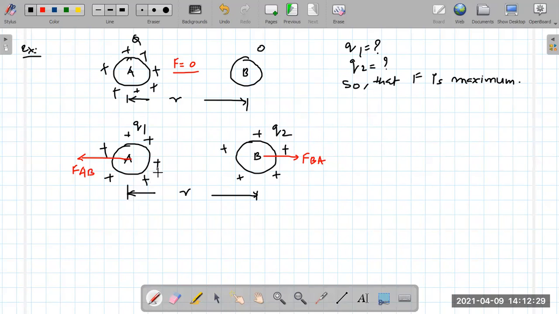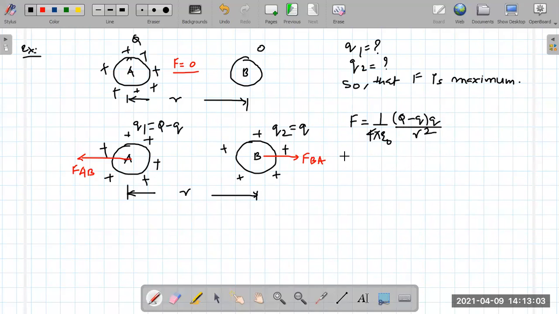Yes. So here, let me assume I'm giving the sphere some charge q. Because the charge is conserved, what will be left is Q minus q. Now what do you know about the force? Force is equal to 1 by 4 pi epsilon naught, q1 q2, that is (Q minus q) into q, divided by the distance R square.